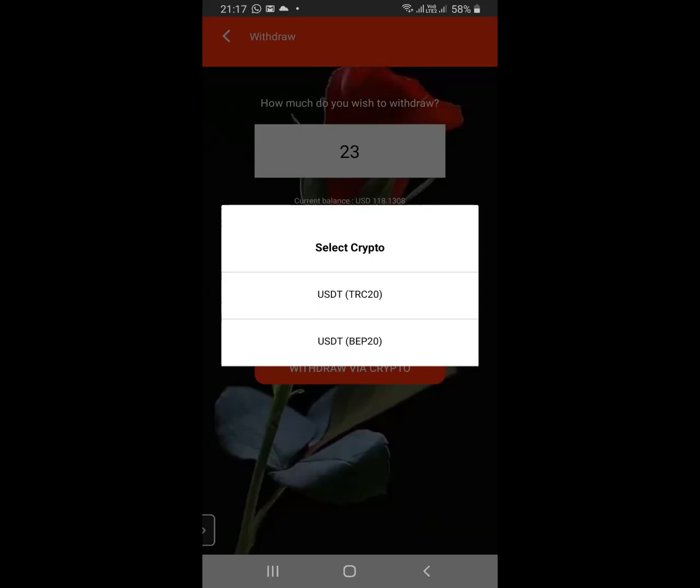So for example, you're withdrawing maybe 23. I'm made to understand that the withdrawal charge is actually three AVS dollars. So if you do 23, you're going to get 20. If you do 50, you're going to get 47. Or maybe you do 100, you're going to get 97, because the 3 is a transaction fee, since these chains also charge.